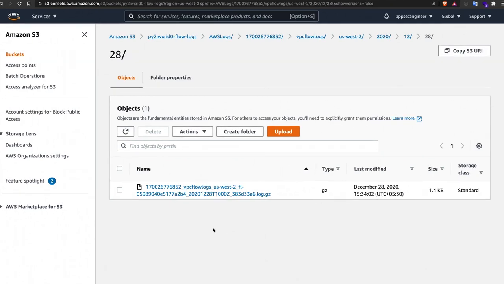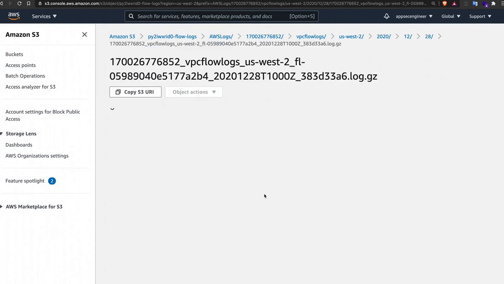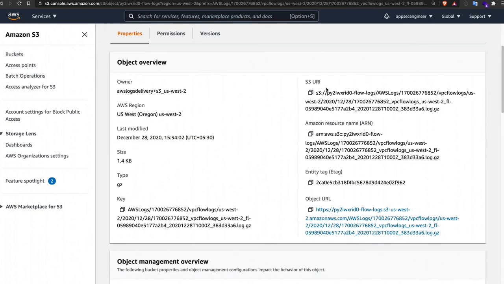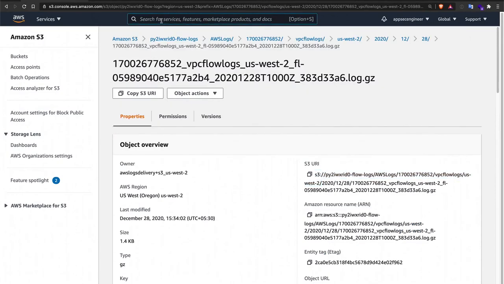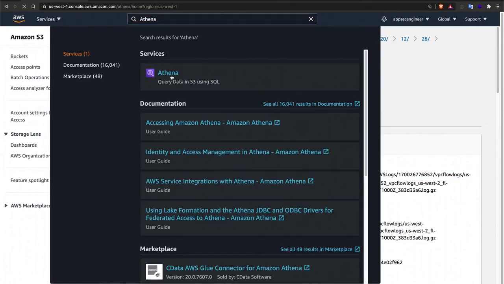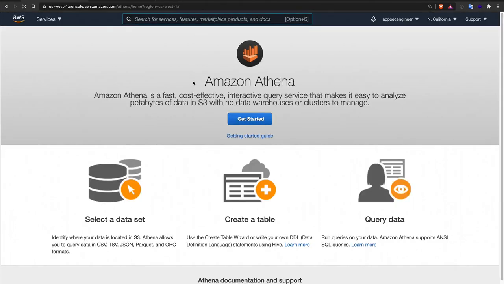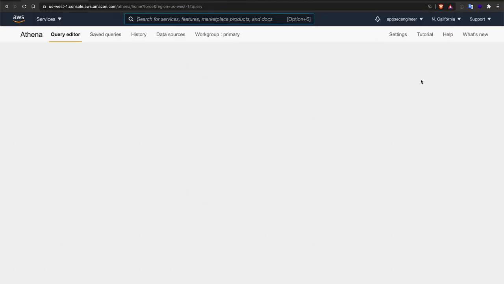But we're going to be using a tool called Amazon Athena. Athena allows you to query these sets of files, and you can get all that information directly like an SQL query. So I'm going to copy this location of those files wherever they're stored, up to the point of US West 2. And then I'm going to open up Amazon Athena. I'm going to query data in S3 like we query it with SQL. So all you have to do is set up some kind of schema and you should be able to query this data quite easily.